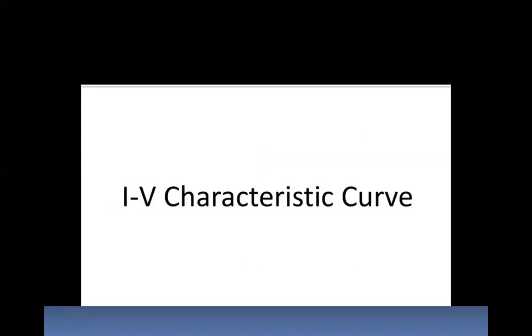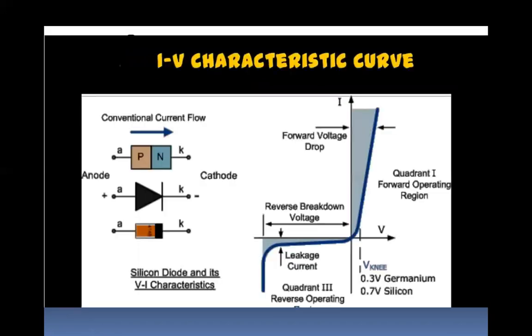Now we'll see the VI characteristics of a PN junction. See, this is how it comes. So again, just to summarize everything, this is a PN diode. This is the symbol of the diode,